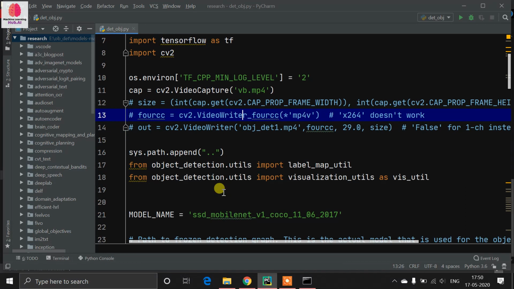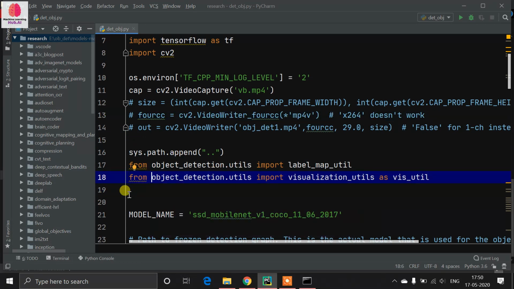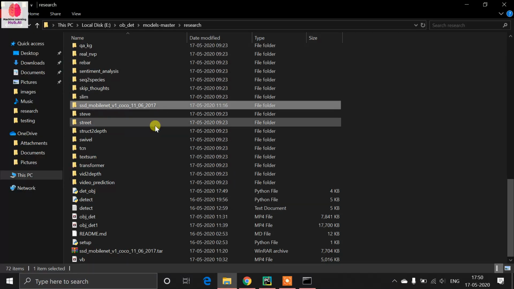Okay, before running, I want to give a suggestion. Most of the people commenting, if you know about the TensorFlow object detection API, have you ever tried this? Most of the people are facing the error object detection module not found. So guys, object detection is not a module or library.